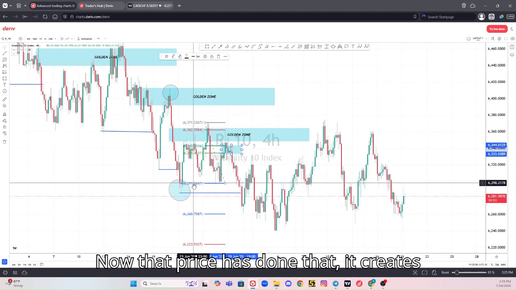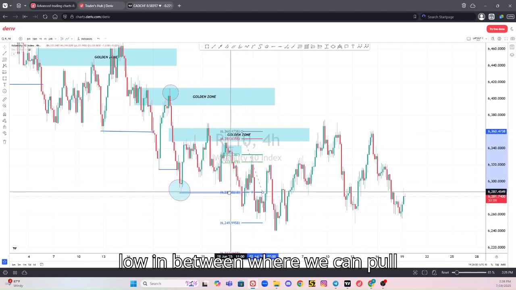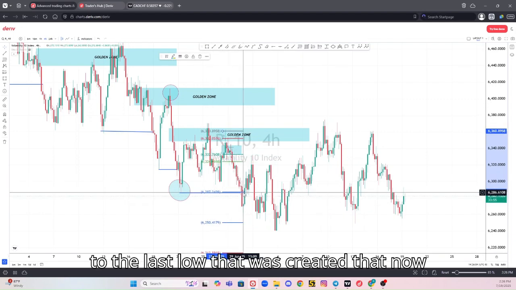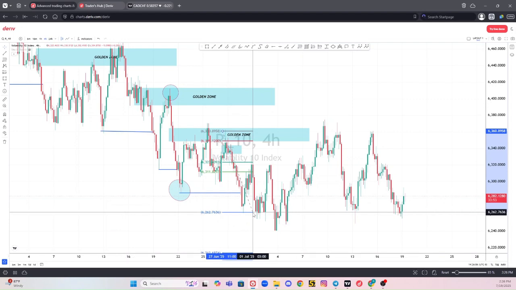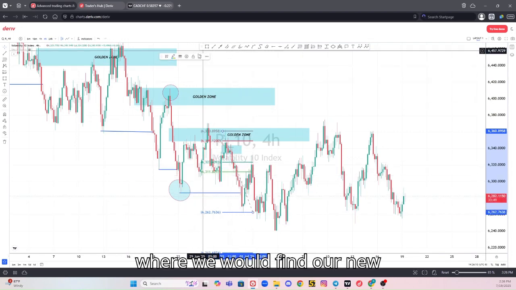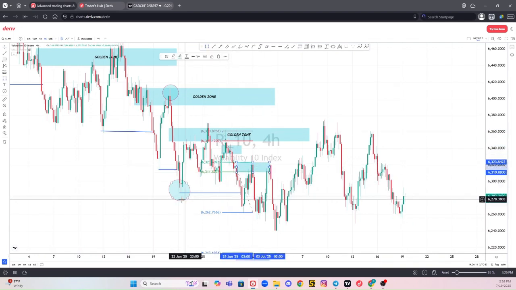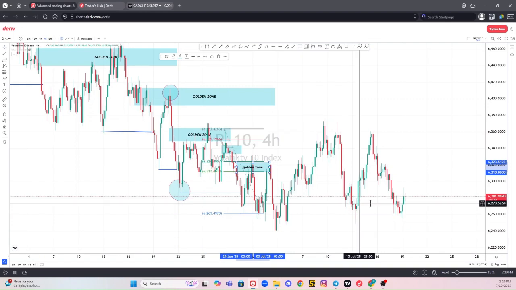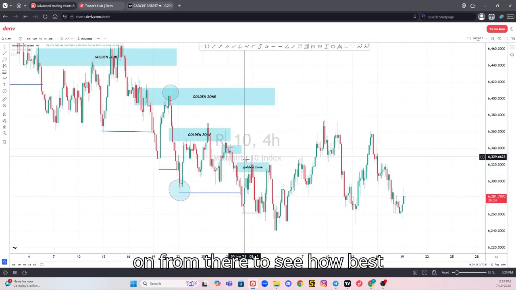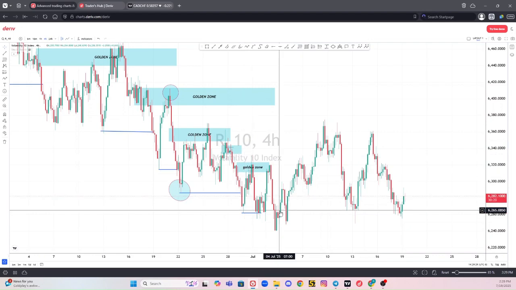Now that price has done that, it creates a low in between where we can pull our Fibonacci retracement tool from to the last low that was created that now breaks that structure. There is where we would find our new point of interest within this golden zone. Now, with that in mind, we want to move on from there to see how best we can look for